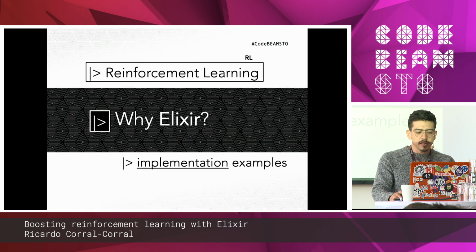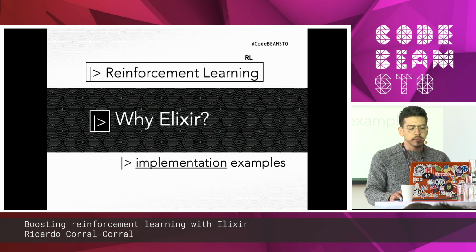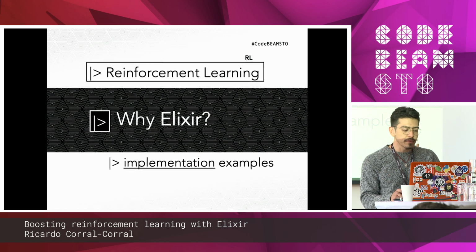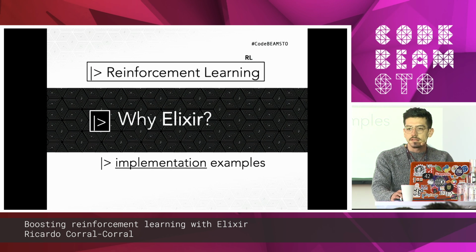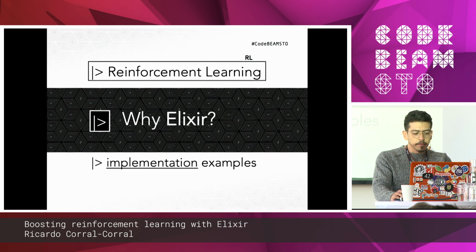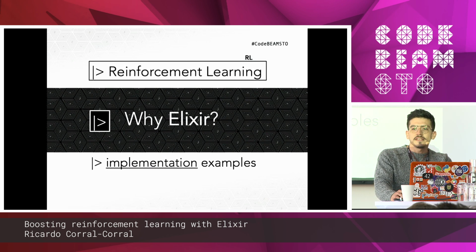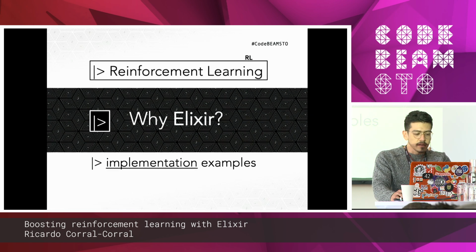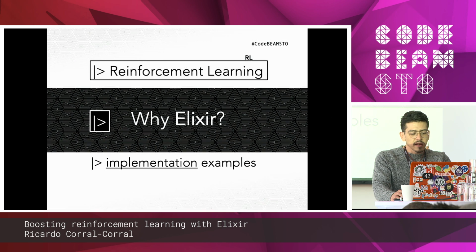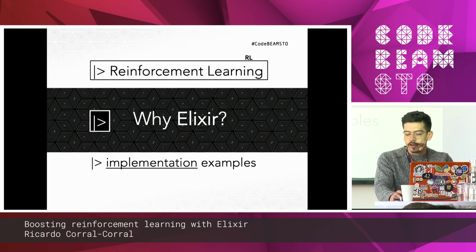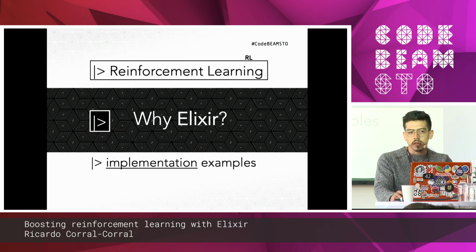In this talk, we are going to have mainly 3 stages. First, I want to introduce reinforcement learning. What is this about? Why is it important? Why Elixir? Why will Elixir be a good option for implementing this? And at the end, I'm going to show some existing tools out there, not in Elixir, and then some coding